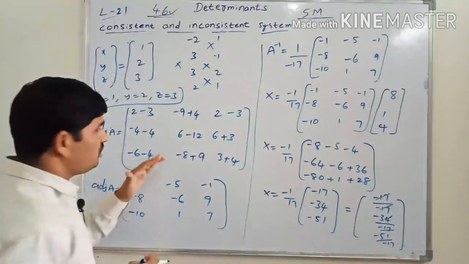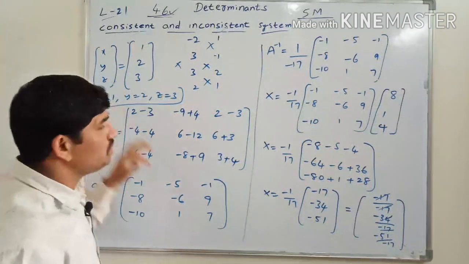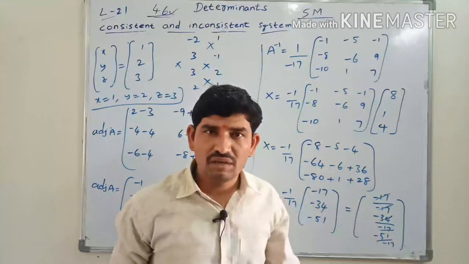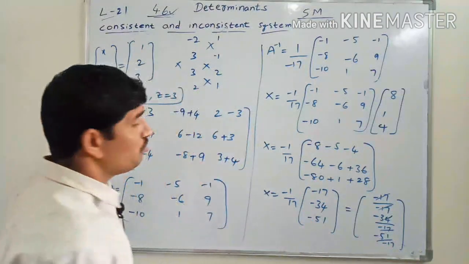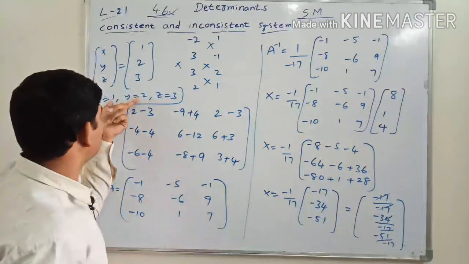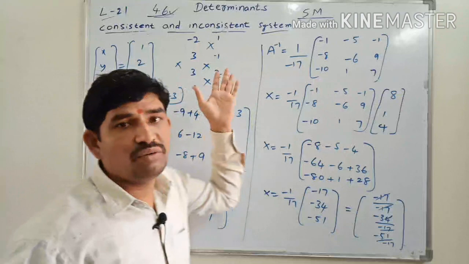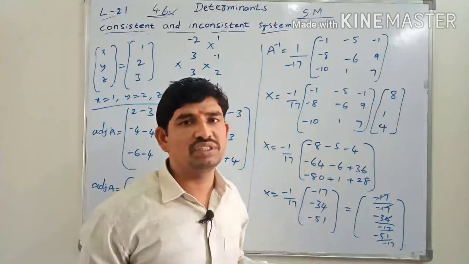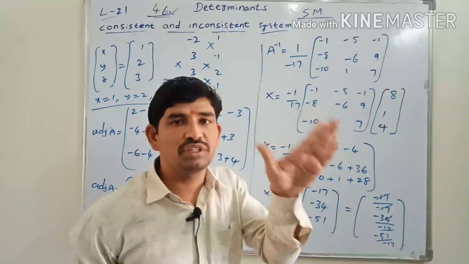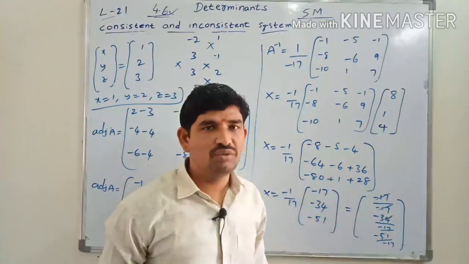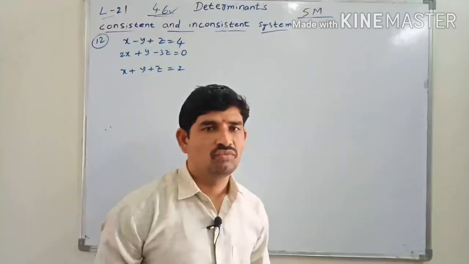Okay, but if you are getting the solution here, suppose you are feeling somewhere we have made a mistake, otherwise, sir, we got the solution but we are not able to say whether it is correct or wrong, so immediately we have to substitute x, y, z in the given 3 equations. By substituting x, y, z in all the equations one by one, you will get the RHS value, the value after the equals sign, and that will tell whether it is correct or wrong. We will see the next question.